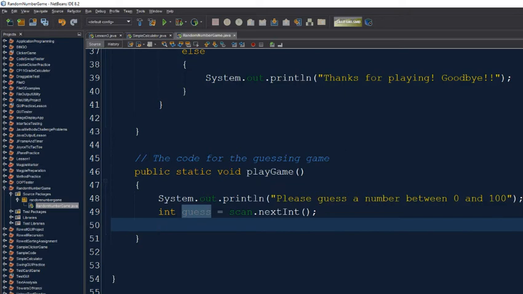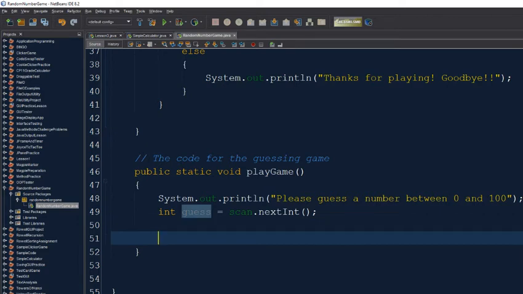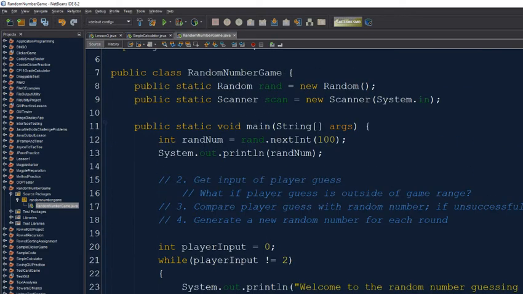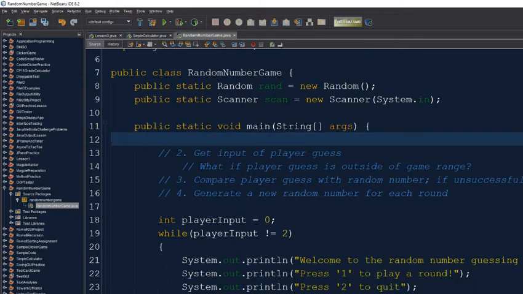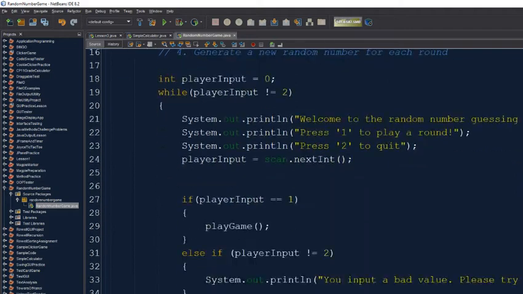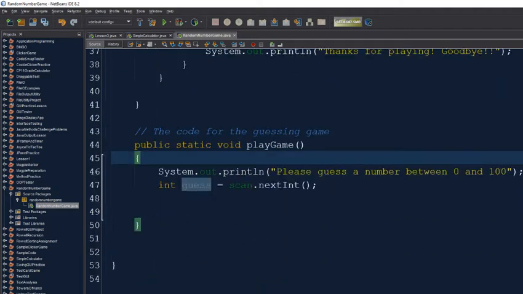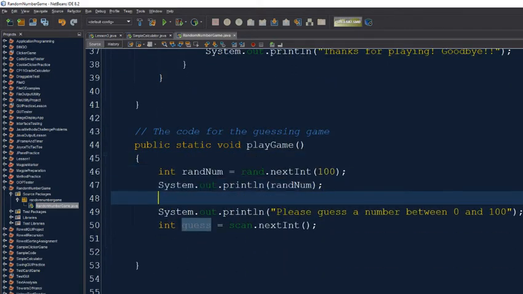Well, I've gathered some information about the guess, and now I need to process it. So what I actually want to consider here is that I generated a random number up here. Is this the right place to generate the random number? The answer is no. I kind of led you to that. The problem is that I generated it once at the start of my program, and that random number will never change. I need to generate a new random number each time